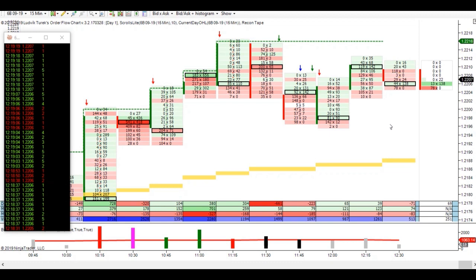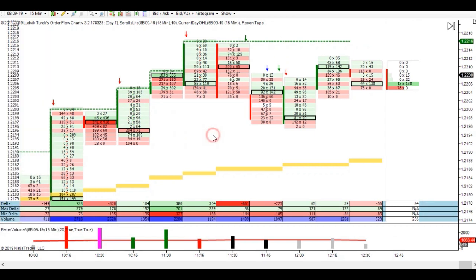So the first thing: I have my time and sales window on the left, and I have my order flow footprint chart. As you see, this is on the 15-minute chart. Mostly reversals seen on the 15-minute chart are probably stronger than reversals on smaller time frames. It doesn't mean that they're not valid, but these are stronger than the ones in